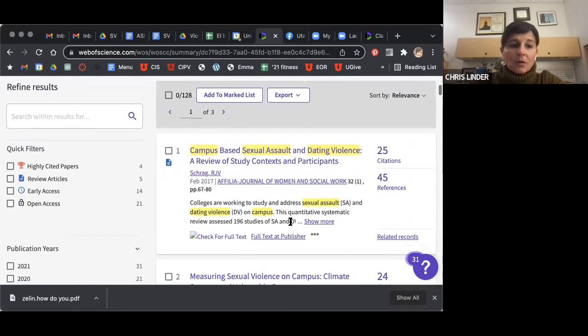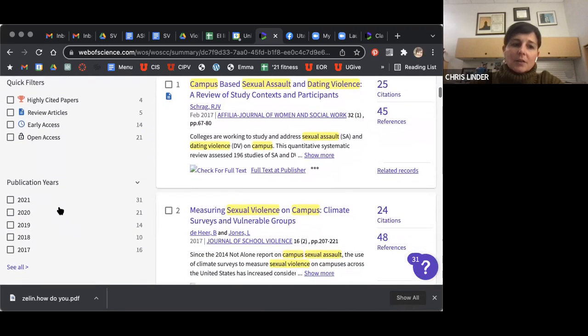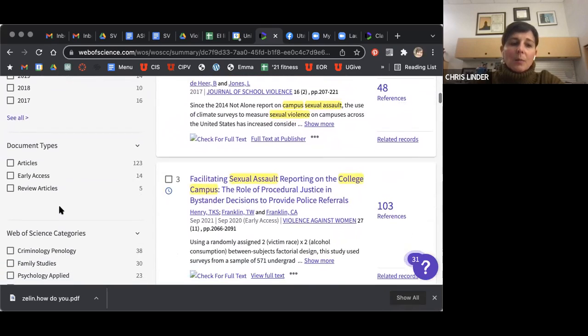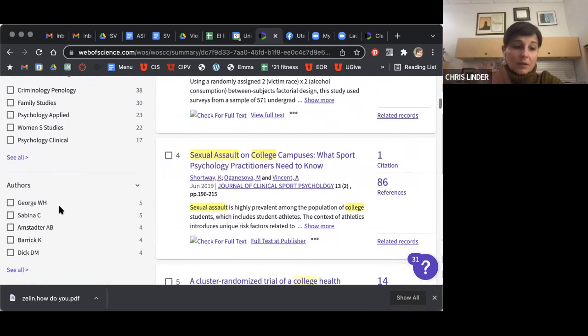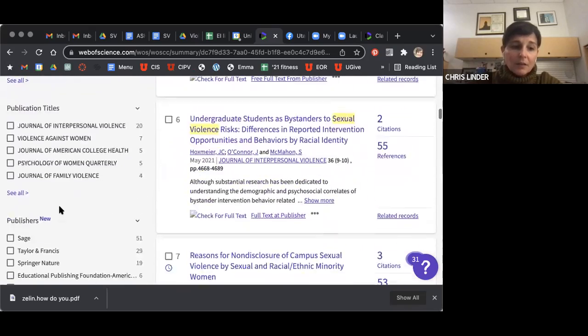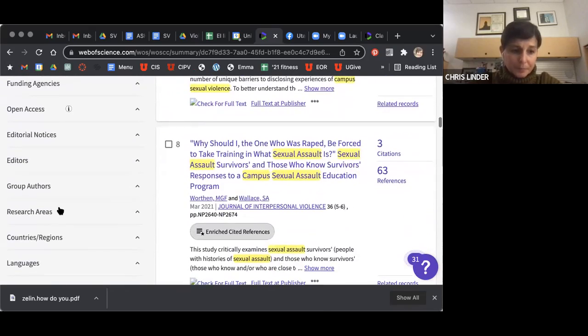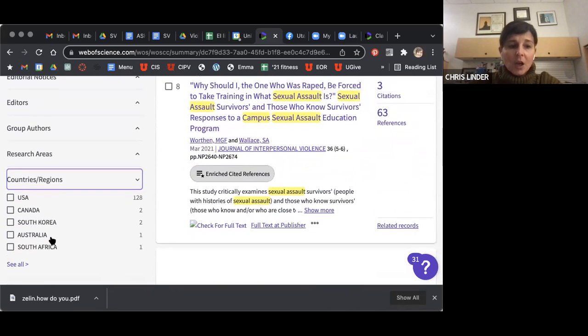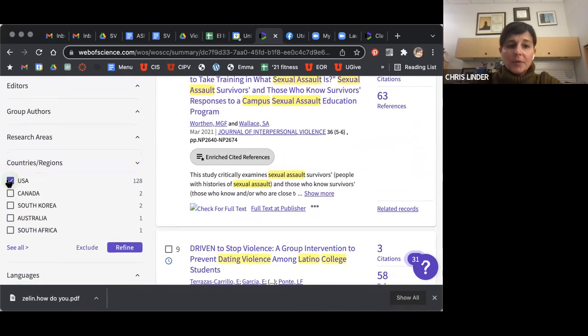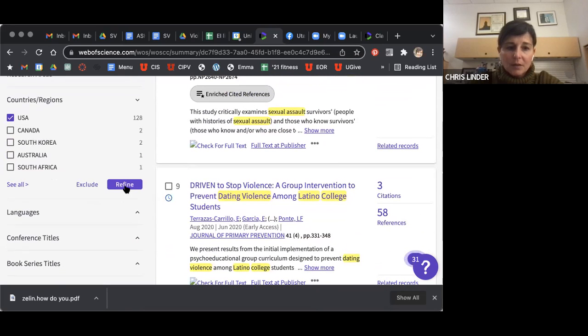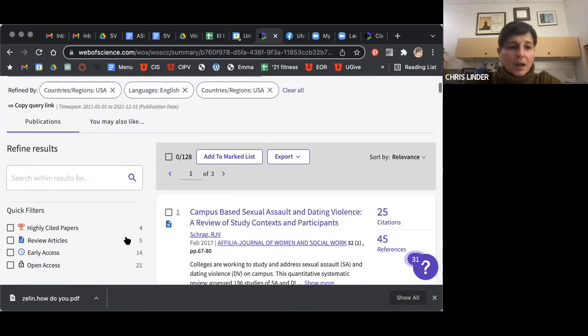I can also scroll down, and this is what I'm going to ask you all to do. On the left-hand side, you can see there are some filters that you can use. All of these are great. We're not going to select any of these until we get down to the bottom where it has countries and regions. We also want to focus only on scholarship that happened in the United States. The reason for that is that we just have to have limiters, because we can't read everything. So this is just one of the parameters that I'm asking us all to use. So you will refine it that way.